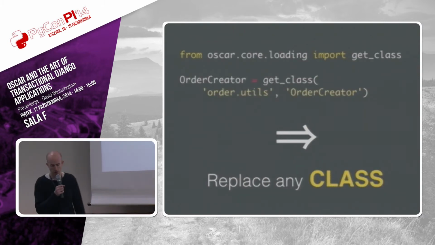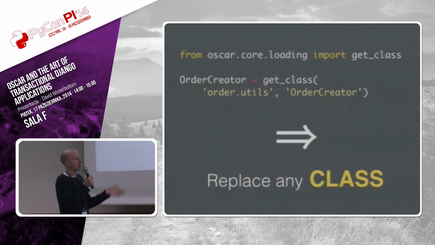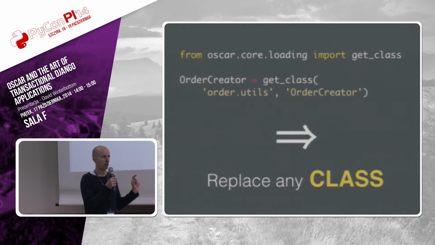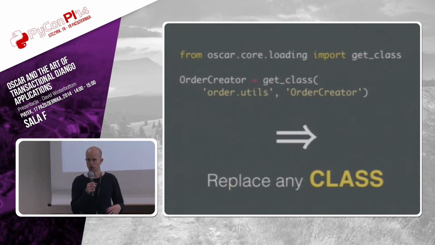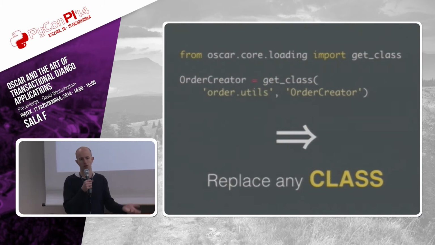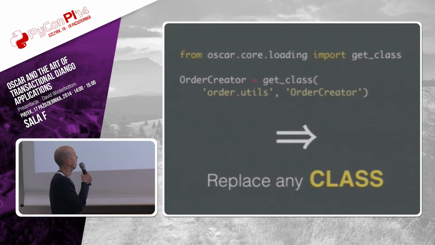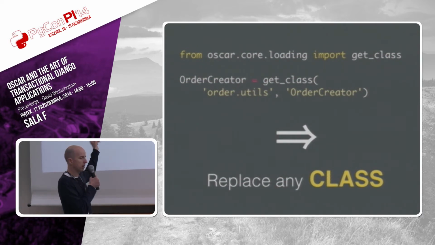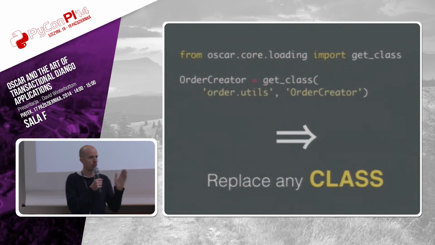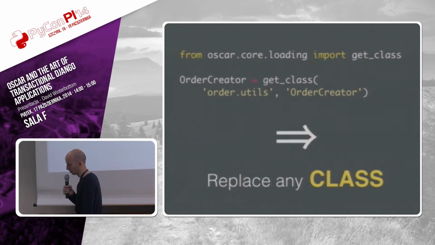And we've taken this even further, so we've written an extension of this get_model helper from Django called get_class. Because some things in Oscar aren't going to be models, we have functionality which generates an order number or handles what you need to do if someone says, I want to cancel this order. And this does the same thing. You give it an app label, a module name and a class name, and it will walk through your installed apps and look for a match. And when it finds it, it will use that particular one.